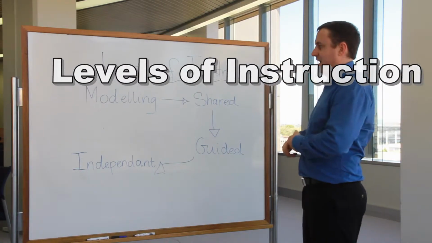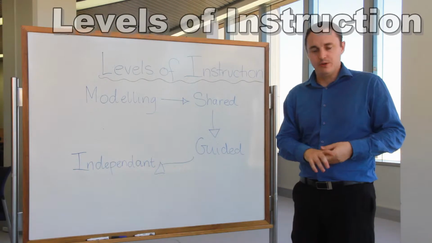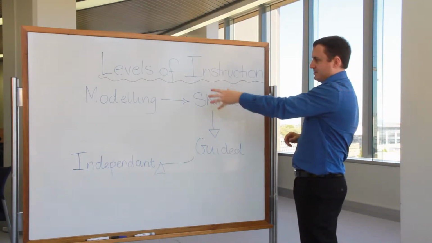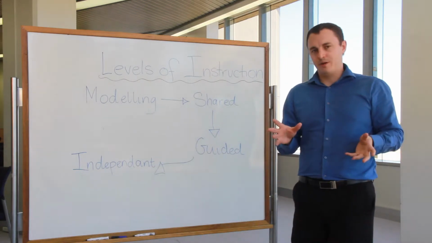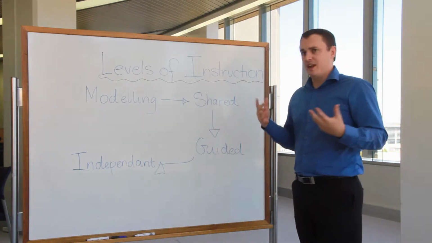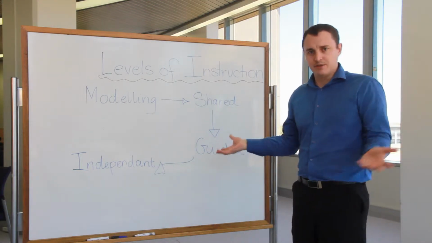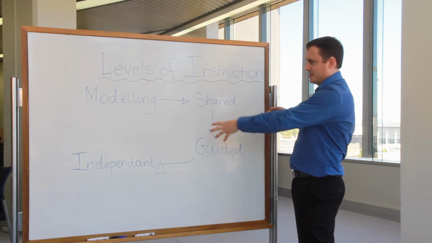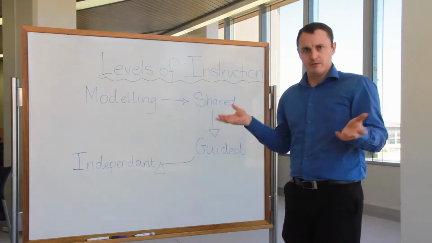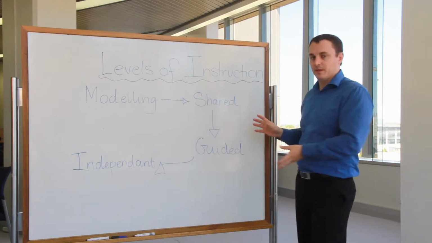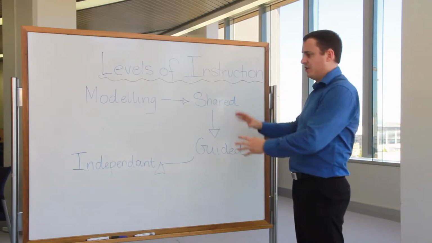Central to understanding how to support students who are learning things like reading and writing is the idea of the levels of instruction. This comes from a program called First Steps, which is an Australian program that really took off, although now there seem to be hundreds of literacy programs out there. Whether they have different names or a different order, at the base of it, I find that this is a really good system for helping students,